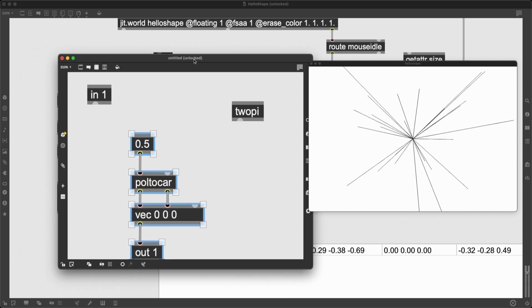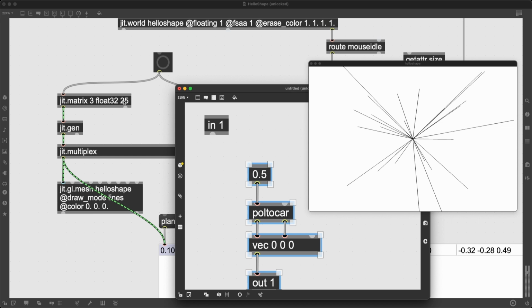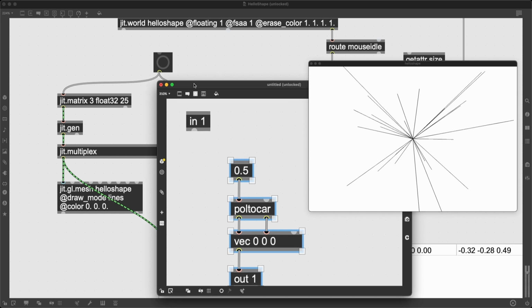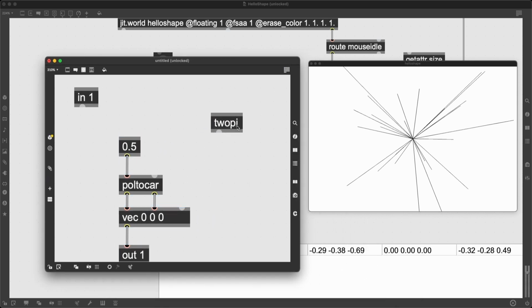Okay, well, then I need to take each cell's index number, right? So are you the 0th cell? Are you the first cell? Are you the second cell? Are you the third cell? And so on, and scale it to a range of 0 to 2 pi. And if I do this, I've generatively generated the right amount of angles, the right amount of polar angles for